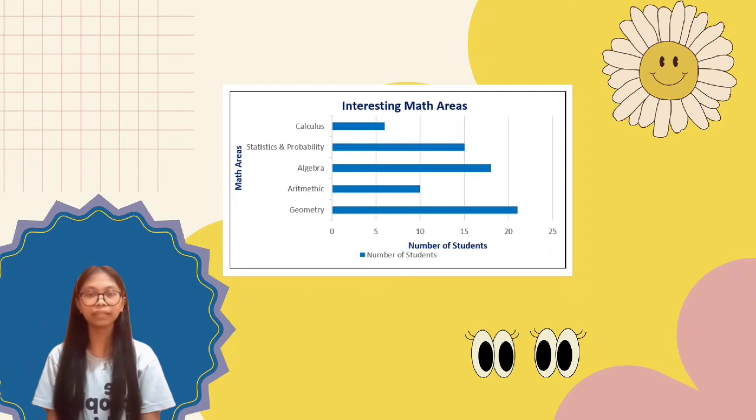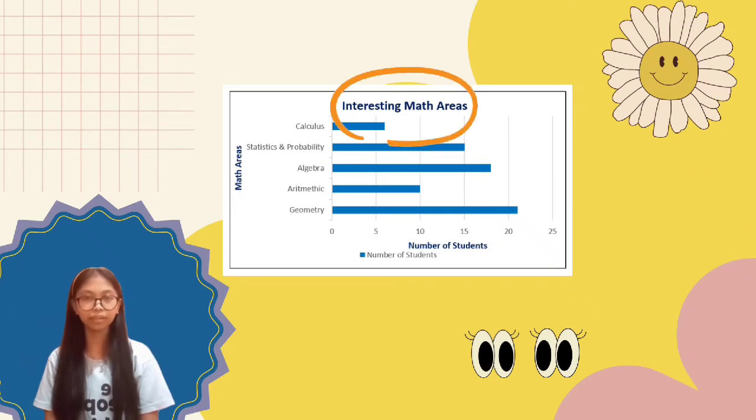Then, write the scale, or the number of students, at the bottom part of the graph and the areas of math at the left part of the graph. After constructing the basis of the bar graph, we will now put the bars for specific areas of math with its corresponding number of votes of students. Here, we are using a horizontal bar graph. That's it, but take note that the 6 elements of a bar graph should be present. Here, we can see the elements: the x-axis and the y-axis, the title, the labels, the scale, the bars, and